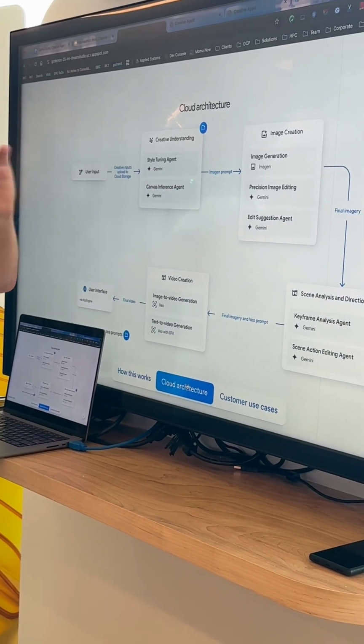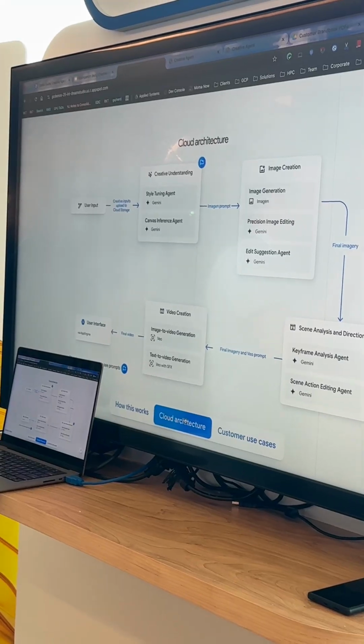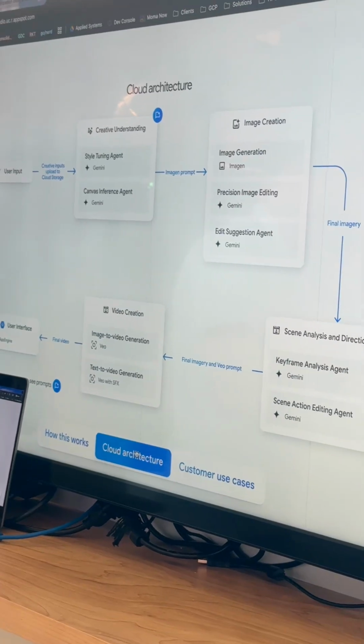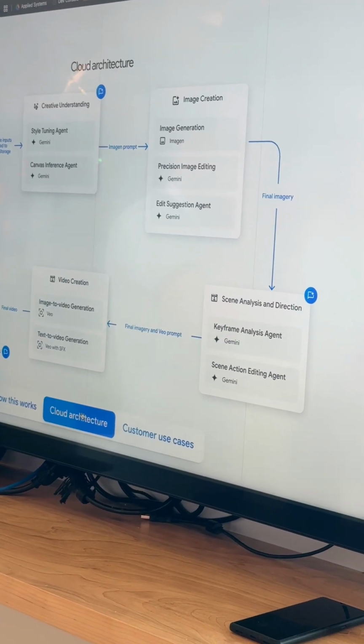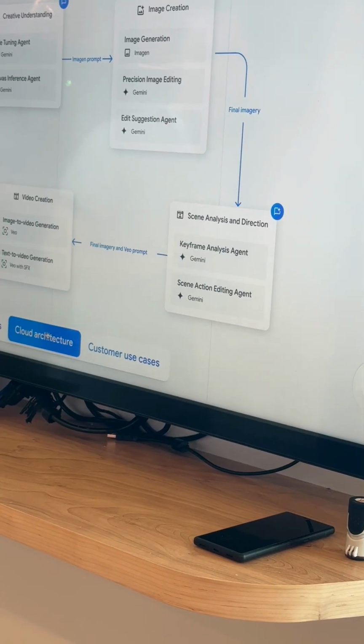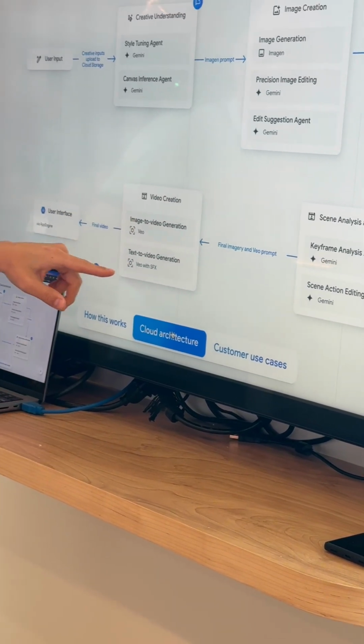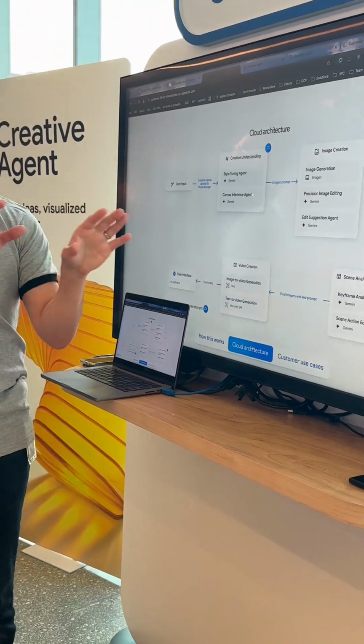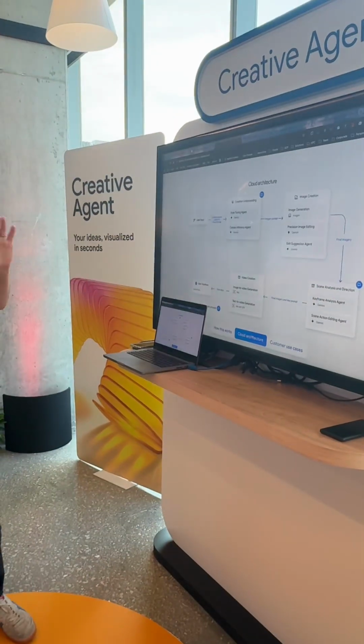I didn't show it, but there's something called precision image editing. Like, hey, I don't want to redo the style or the scene. I want to just take out a bush or a tree, or I'm making her sunglasses. I can do that. And then the video creation uses video and doing a little bit. So it's a little different APIs that you can cover, but surfaced as